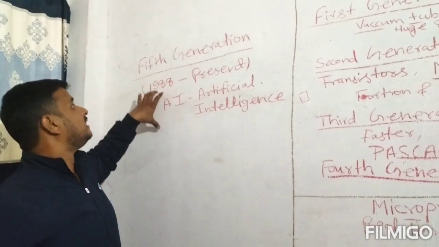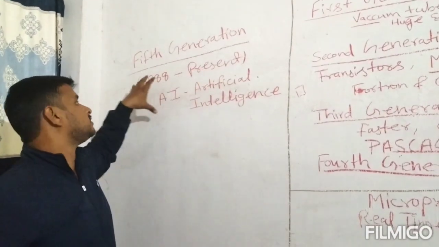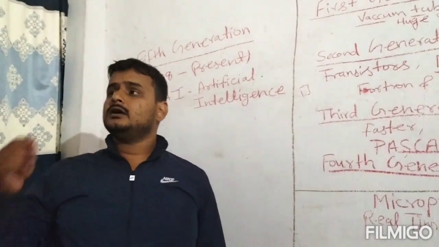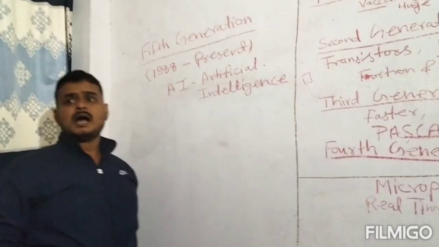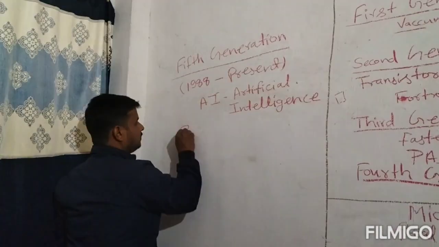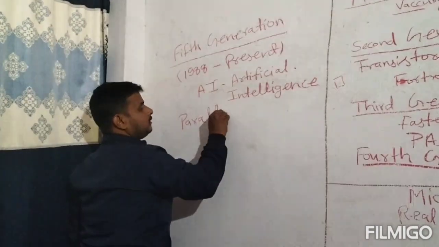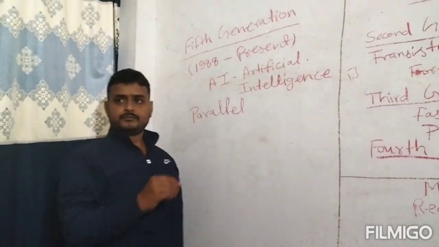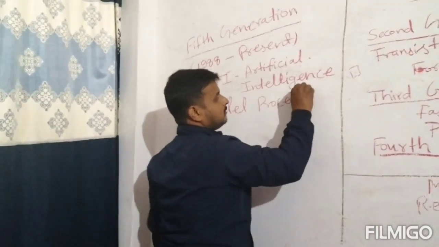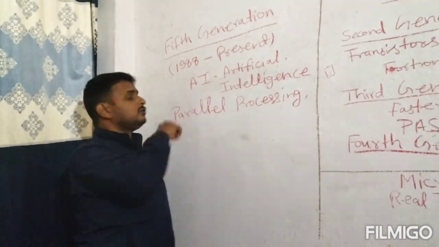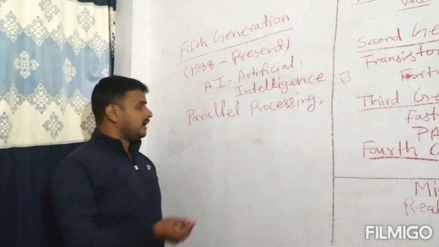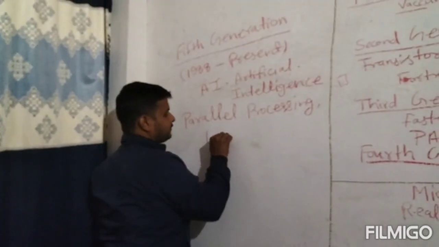That's why we calculate the duration of fifth generation computers from 1988 to present. The fifth generation computers use parallel processing and artificial intelligence,